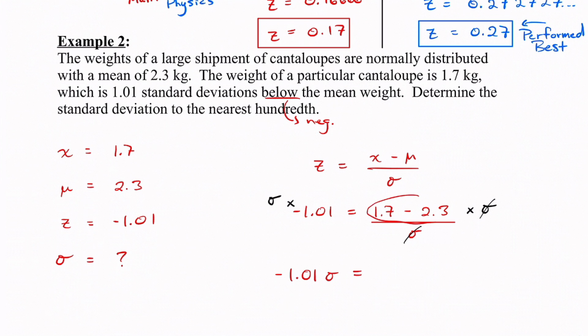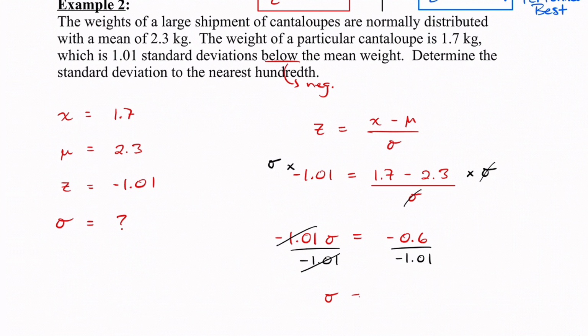We can subtract these two in this step right now. That's going to give us negative 0.6. And then to get rid of this negative 1.01, we can just divide by negative 1.01. Just do it on both sides. And on this side, they will cancel out. So all that we have left is sigma on this side. And then on the other side, those negatives are going to cancel. So we just got 0.6 divided by 1.01, and that's going to give me